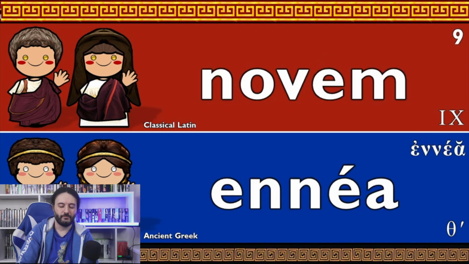Okay, so the first thing I'd like to say about the numbers, they're generally okay, but I'm already noticing a sort of pattern that is very common when it comes to how classical Latin is pronounced. And just to remind you, by classical Latin, we usually mean the Latin spoken, usually in urban areas, from the 1st century BC to the 2nd century AD, so we're talking about approximately 300 years.